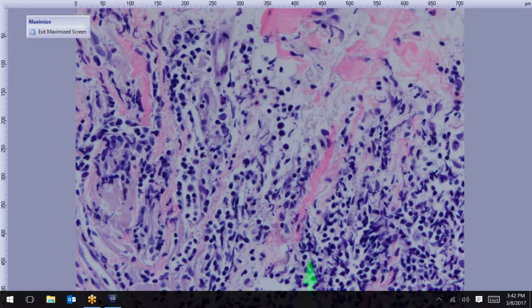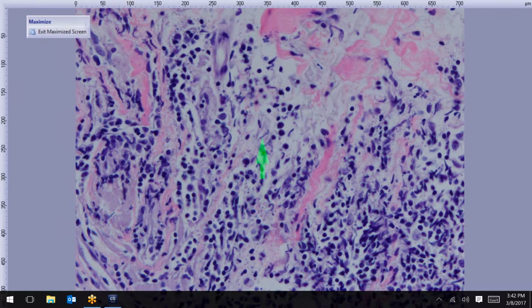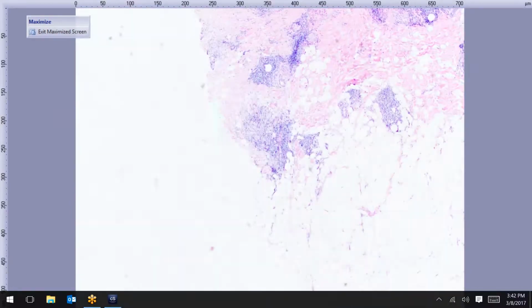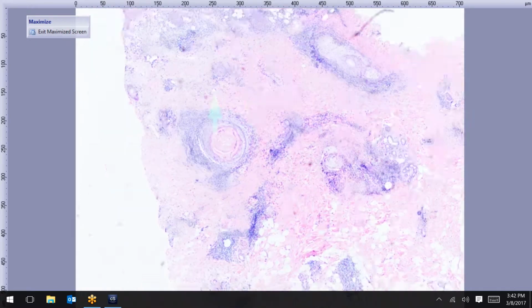So there are a few little plasma cells. Let's see if I can... there's a couple plasma cells right in here and here. Anyway, the findings in this thing are really classic for discoid lupus erythematosus. So this is a nice case of that. I'm going to go on to the next one here, and this is